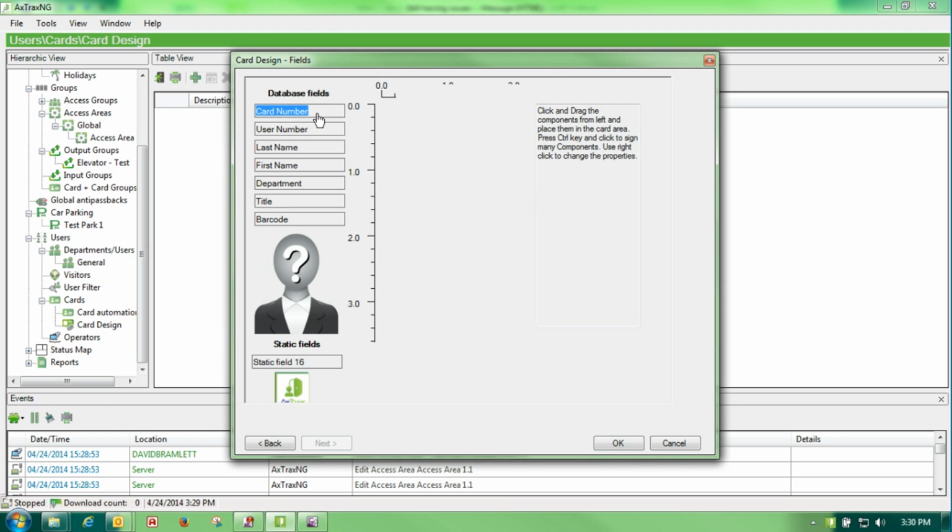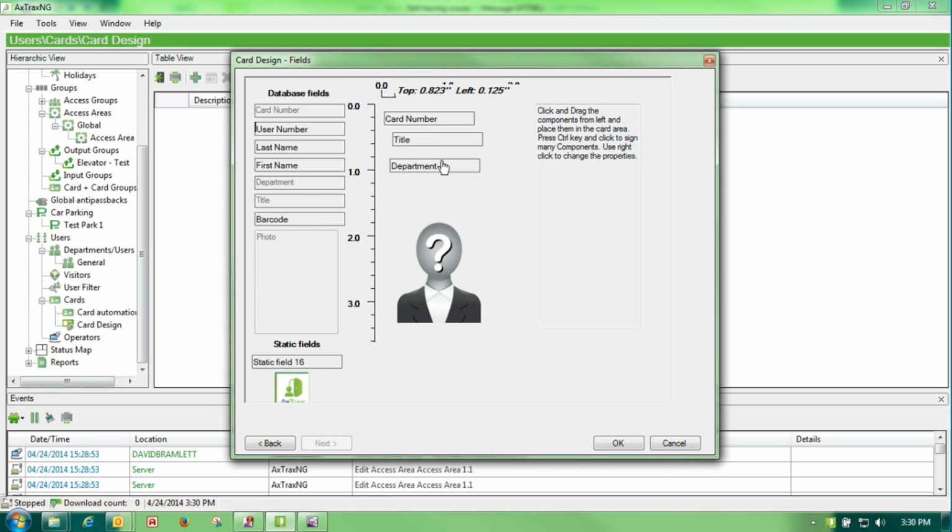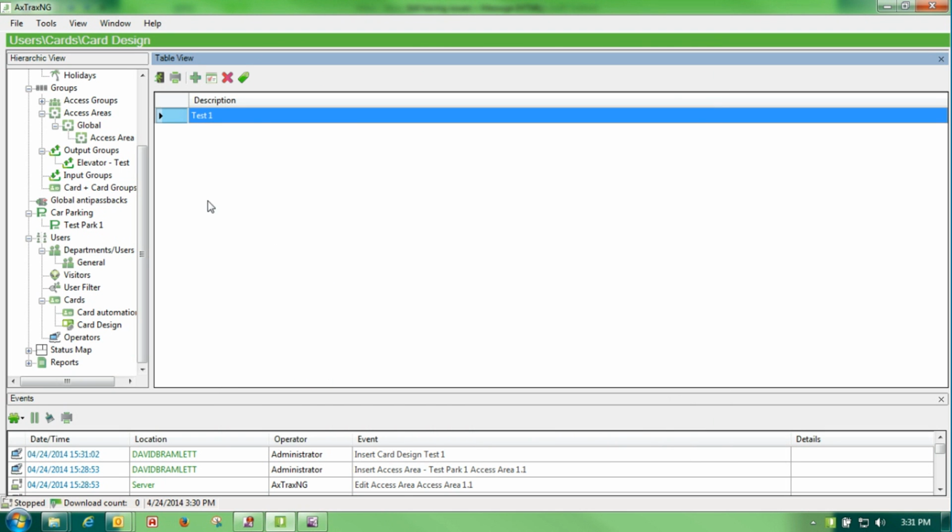To design it, all I do is drag over what I want to be on my card, a card number, a title, and a department, and we'll leave it with that. And I tell it OK, and I have now defined my test card design. In order to